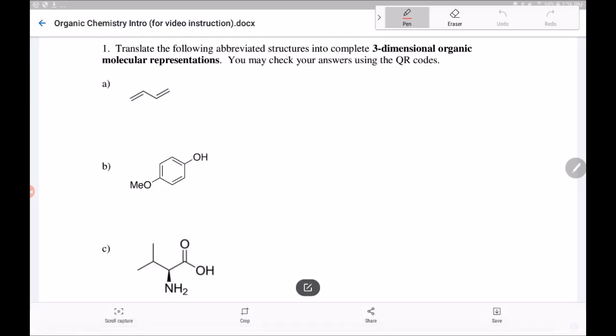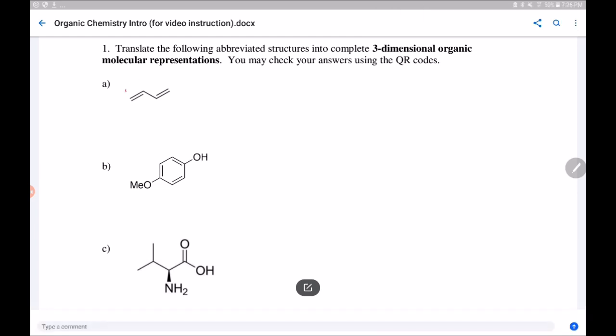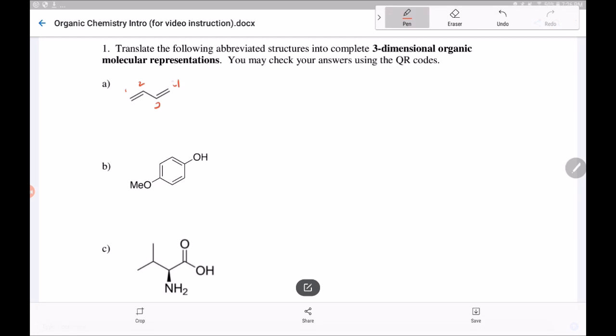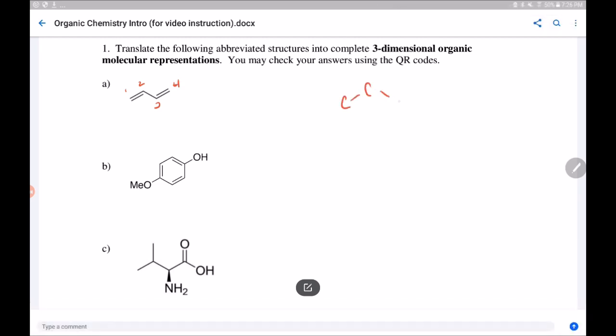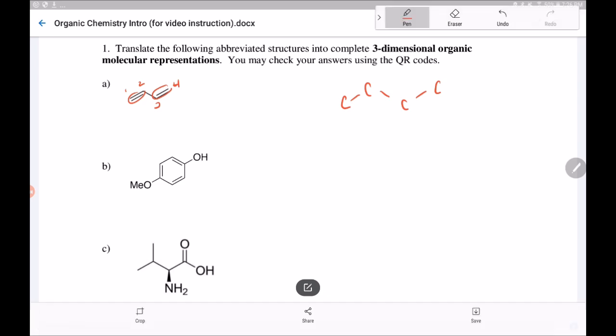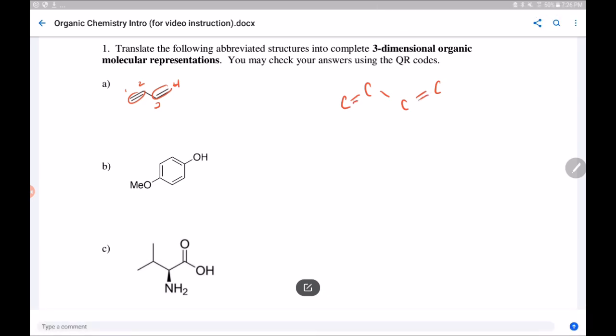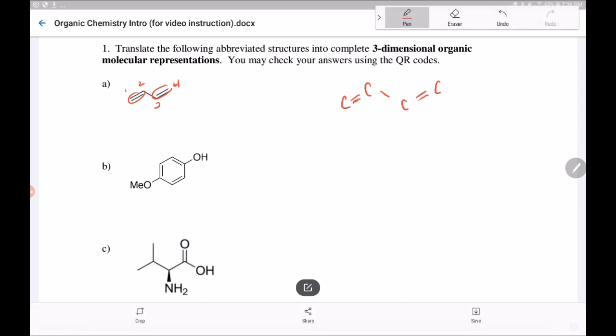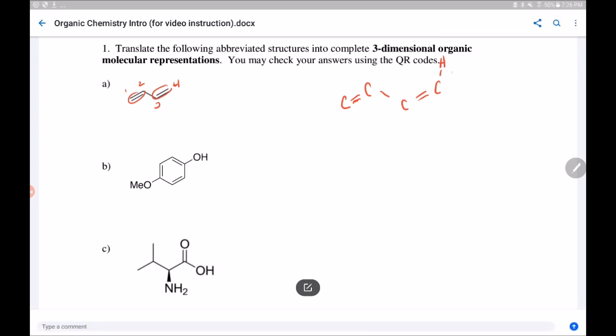This first structure, you should be able to count 1, 2, 3, 4. So that's 4 carbons. 1, 2, 3, 4. There are double bonds here and here. 1, 2 double bonds. And then there are hydrogens. So you fill in until each carbon has 4